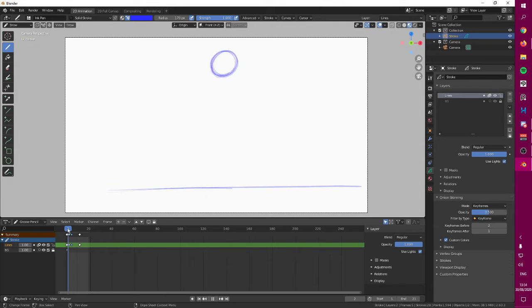So if I change the other ones to breakdowns, or maybe even better, well, there's no in-betweens name, but right now, since these ones are keyframes, this is only going to display me this frame and not these other two.